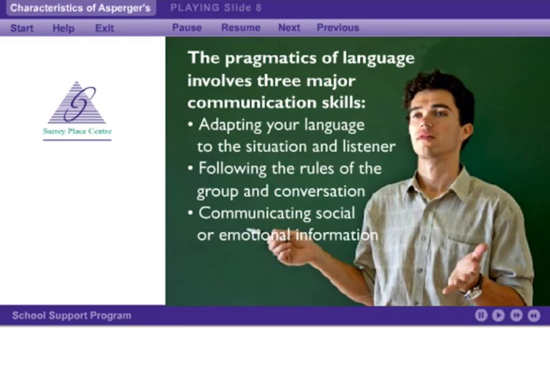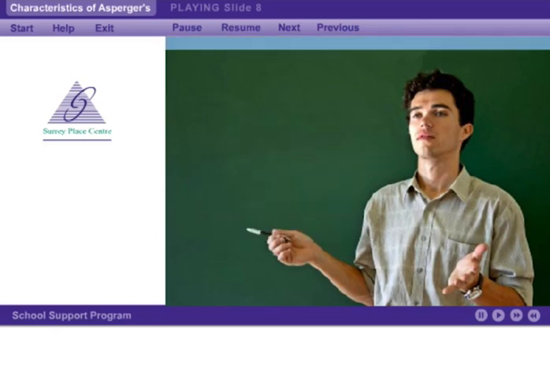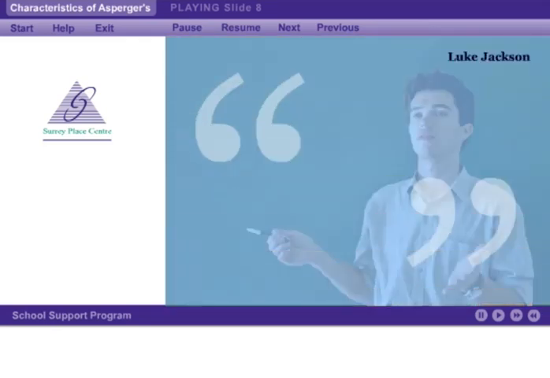Imagine taking language literally when someone says sarcastically, "Nice shoes." Imagine never getting the joke or thinking others are laughing at you. Imagine not fitting in. Luke Jackson, an author with Asperger syndrome who wrote his first book, Freaks, Geeks, and Asperger Syndrome, at age 13, says,